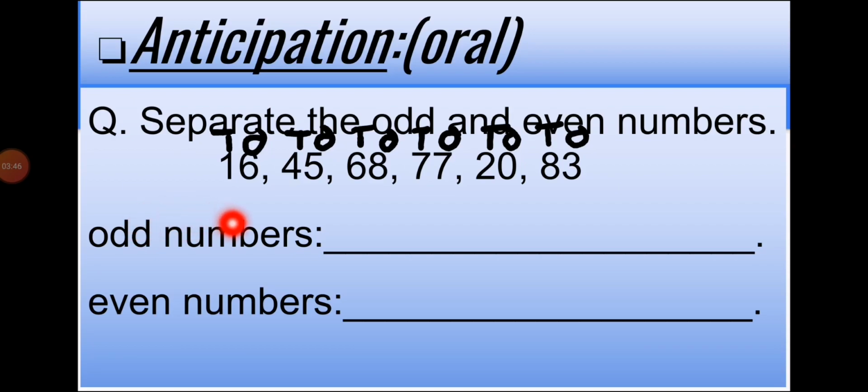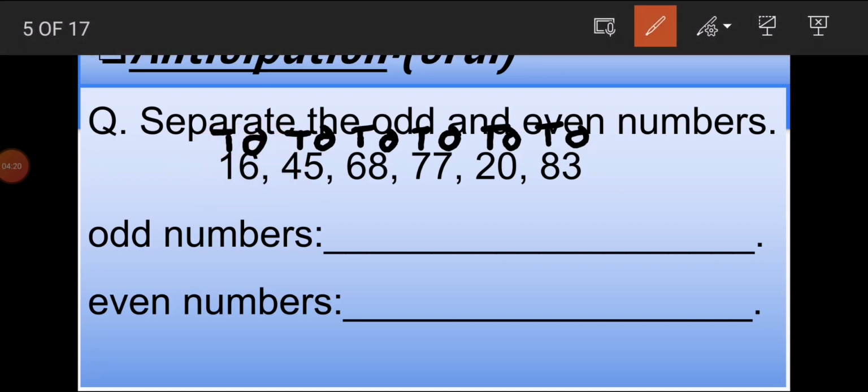Now, we will check the first number, 16. Is it even or odd? 6 is on the 1 space. When we have to check if the number is even or odd, we always look at the 1 space. Here 6 is on the 1 space. Is 6 a pair of 2 or a multiple of 2? Yes. 6 is a multiple of 2, and we can put 6 into pairs, or we can divide it exactly into pairs. So the number on the one space is 6. So we can say this number 6 is an even number. It means the whole number 16 is an even number. So I am putting 16 in even numbers.